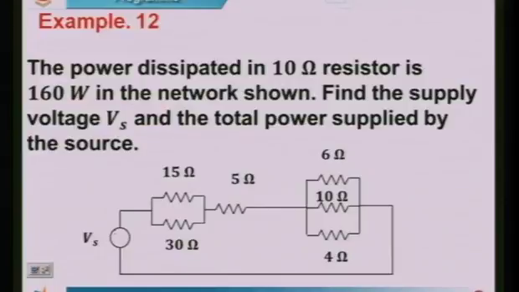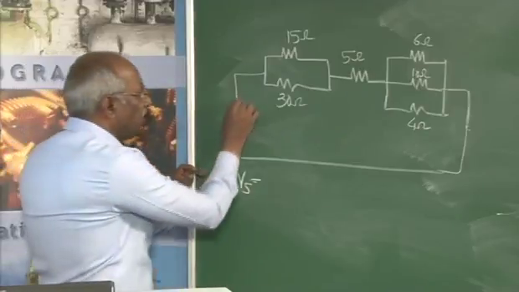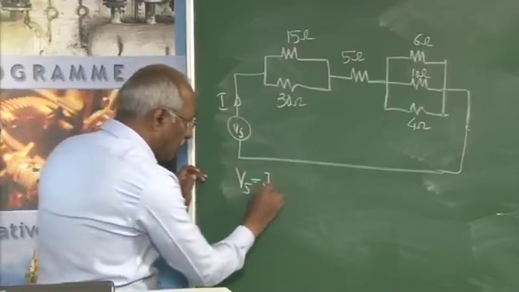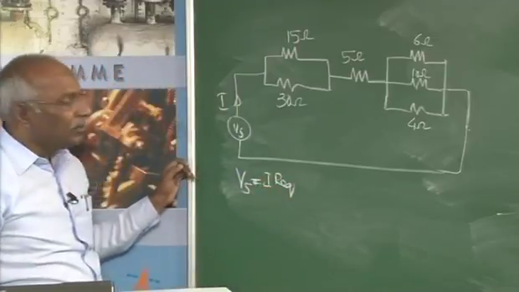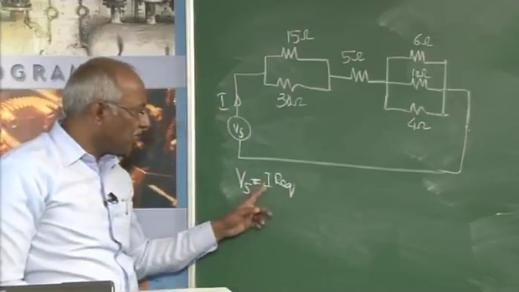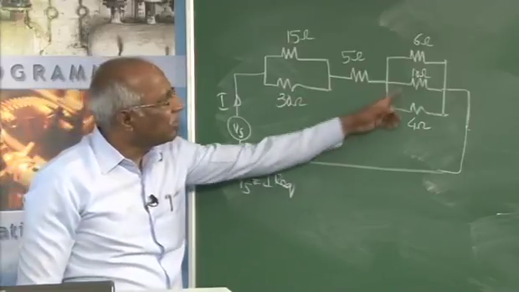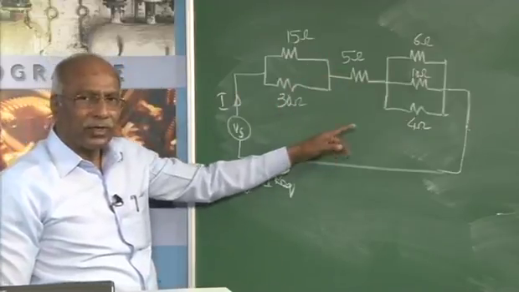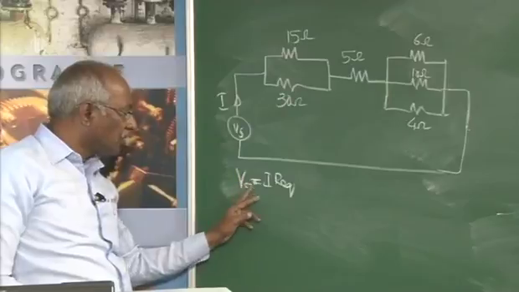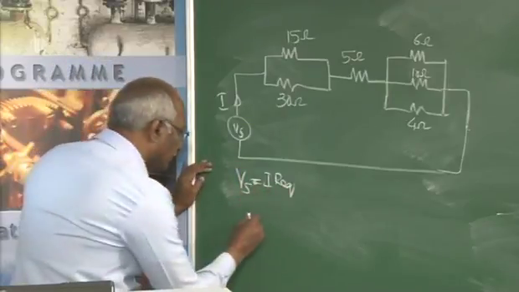Vs can be written as equal to, if you start from that, if I is the total current, I into R equivalent must give that. So in that respect, I must know what is current I and I must know what is R equivalent also. As such, we know the resistances, R equivalent can be easily found out. Later we will come to that. Now, how to find out? As we go for this, first we should know what is I. To find out I,